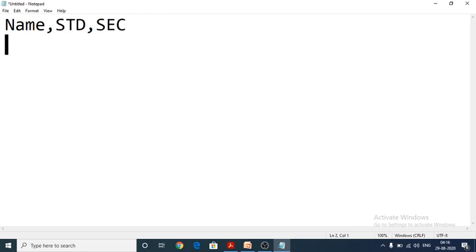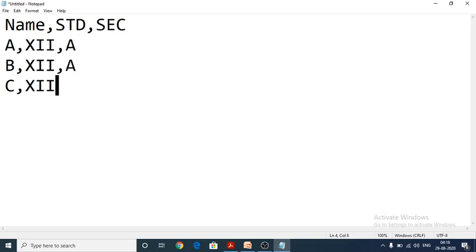Each record should be separated by a comma. Comma is the default delimiter here. Okay, so I am going to give 12th A, B, comma, 12th A, C, comma, 12th A. At last, when I save this CSV file, you have to save it.